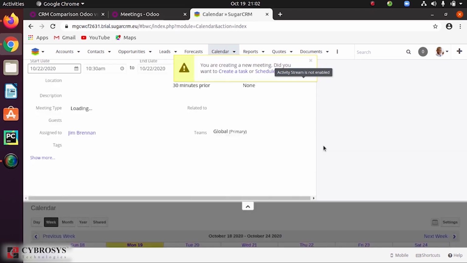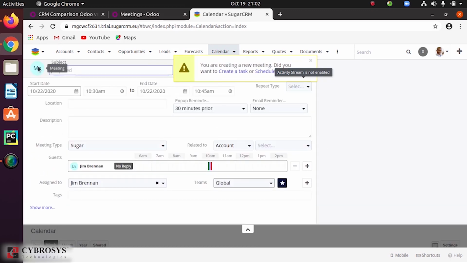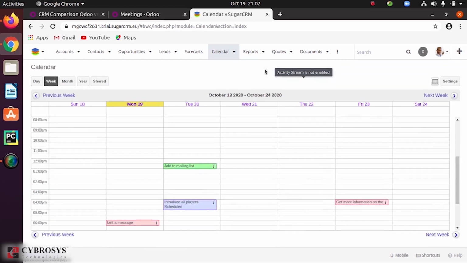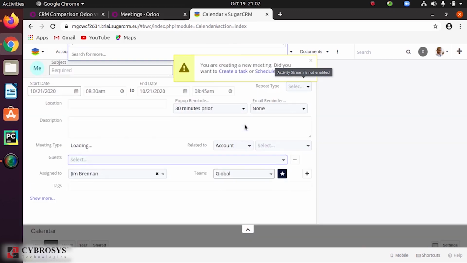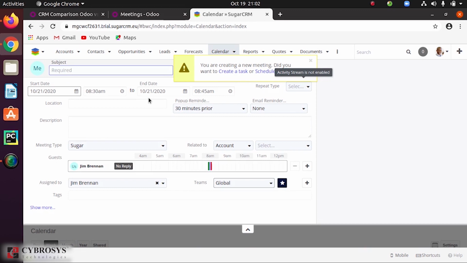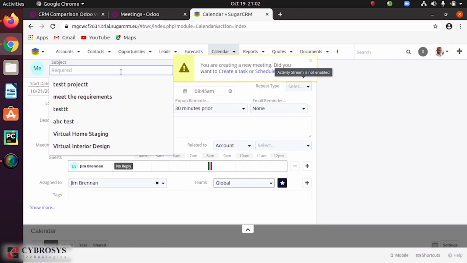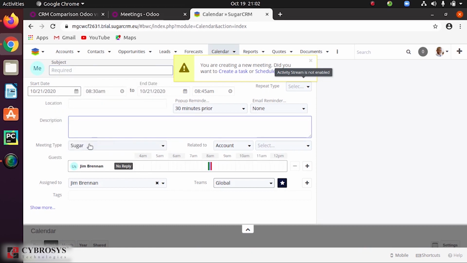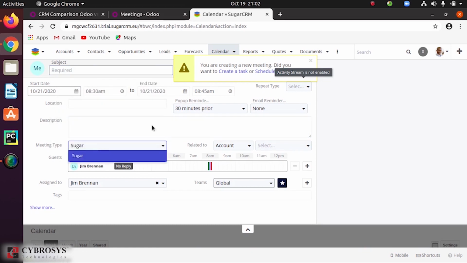Here you have the option to add. For that you just have to click on this. When you click on that, automatically the options will come to add the subject, timing, description, meeting type also, then other details as mentioned.